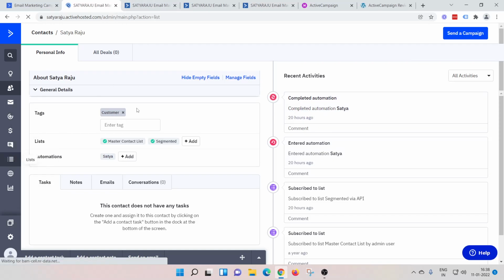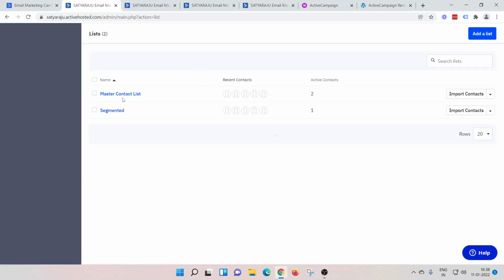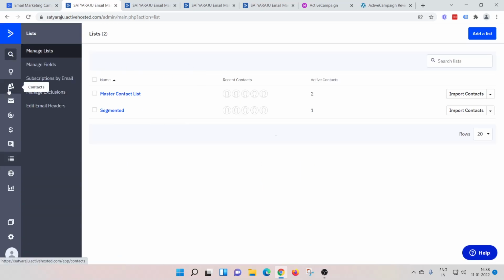Lists tab is where you find an email list. This is where you find your contacts list and entire contacts, and here you find their lists. You might have different kinds of lists. For example, you might have a list for leads and you might have a list of customers. So depending on your purpose, I would highly recommend you to have a minimal number of lists. Don't create a list for every segment of audience. You can just create a segment out of the list as well. I will just show you that as well in a few minutes.